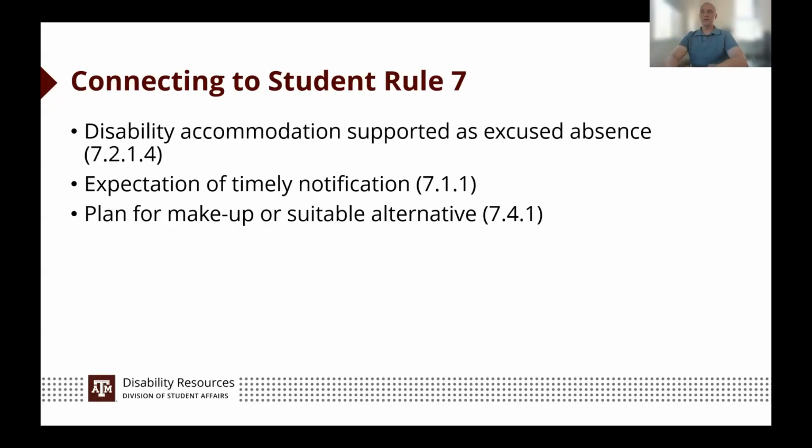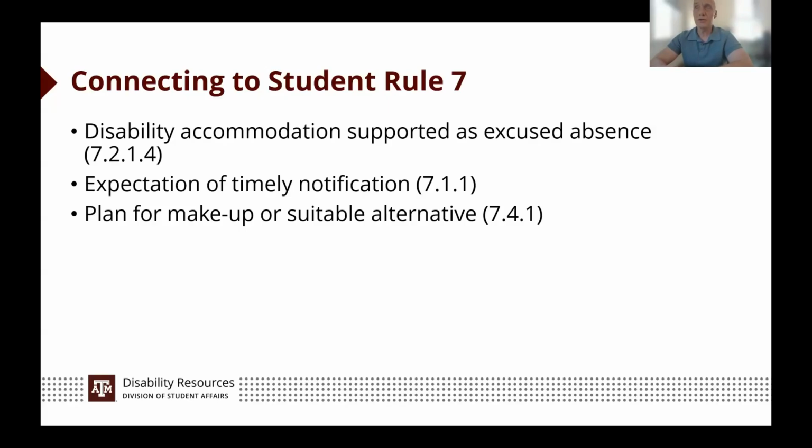It doesn't happen very often because, again, that is the expectation. But I wanted you to know maybe some of the scenarios where that would occur, and why just saying no flat out is probably not the right answer. We need to get a little bit more detail. And it may be that, hey, we can't support this because you could have done it. But the only way we find out is having the student email the access coordinator about the context.